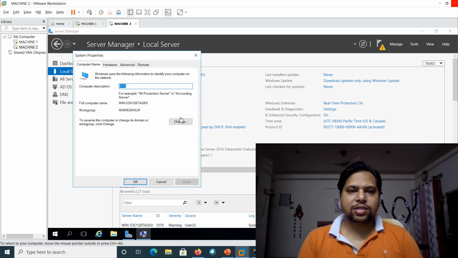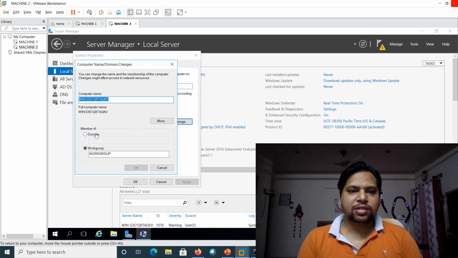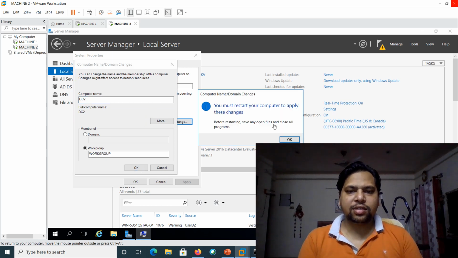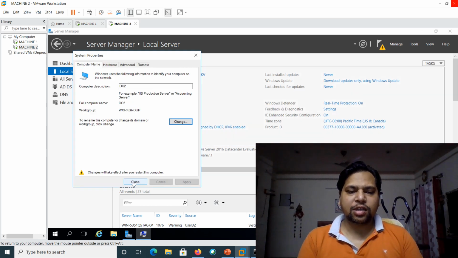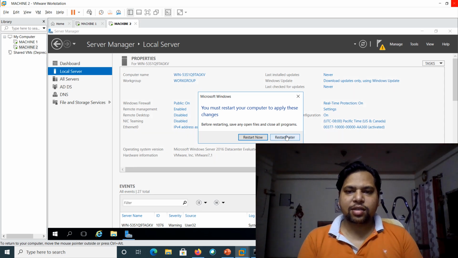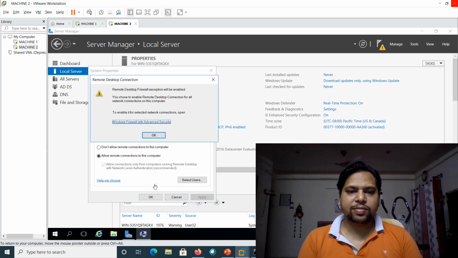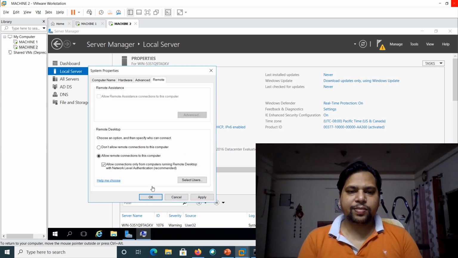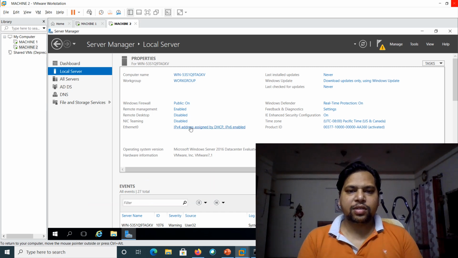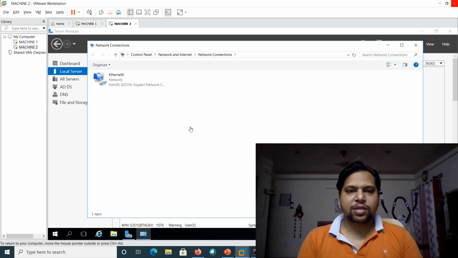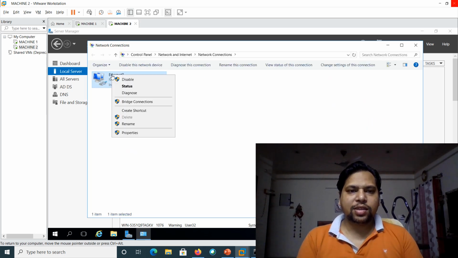Let's click on this, go to change. Let me make it DC2. Okay. So before the restart, I'll make a couple of other changes as well. Let's click on restart later. The remote desktop should be enabled. Okay. The IP address should be configured as well.